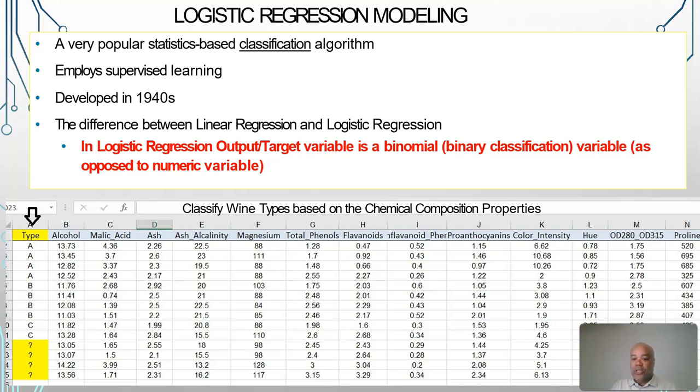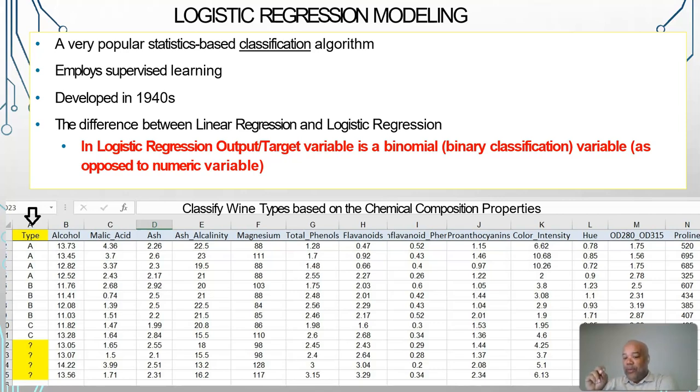For example, in the data set that you see right here, logistic regression could be used to classify wine types based on their chemical composition properties, such as alcohol content, acidity, phenol levels. So this method calculates the probability of a wine belonging to a specific category and assigns it to the most likely class.